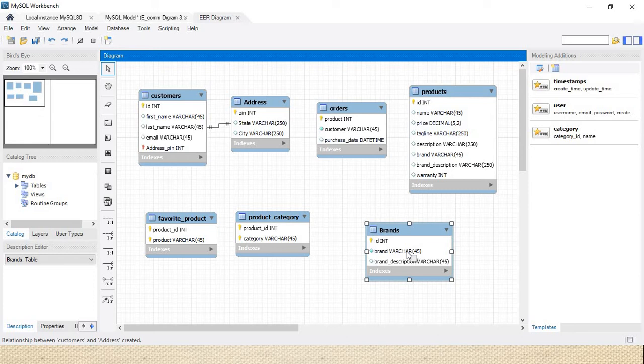So here we have a one to many relationship, one to n. Click on that and click on the brand. One brand has multiple products, and in that case there is no foreign key added by us, automatically it will be added. See, here I have created a one to many relationship.